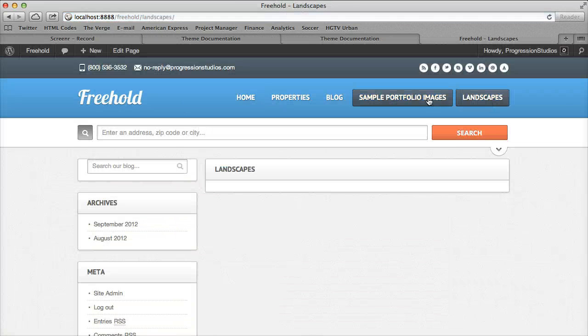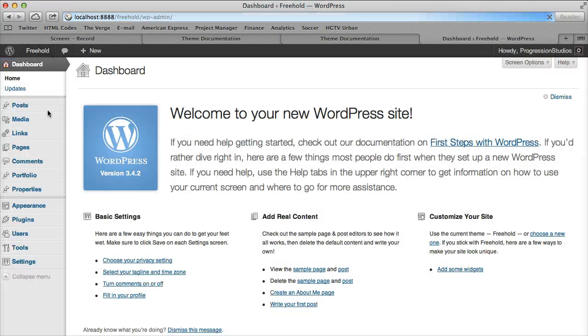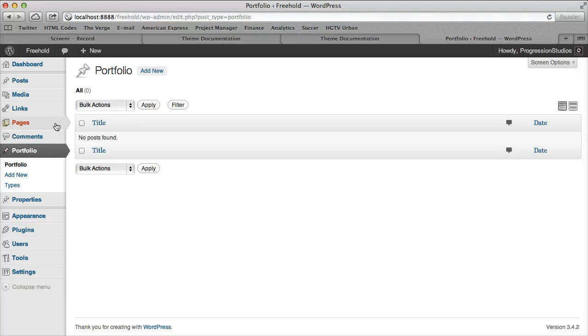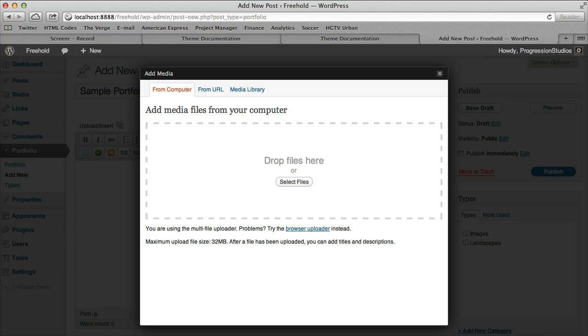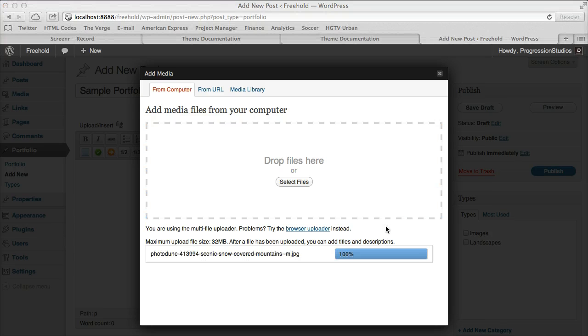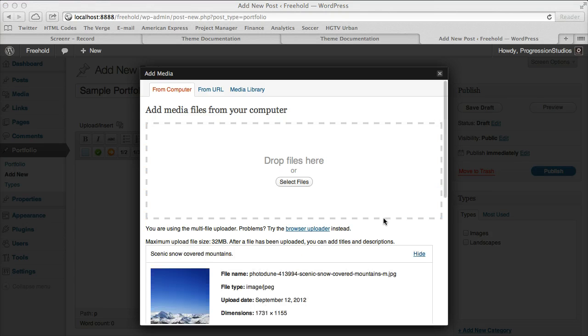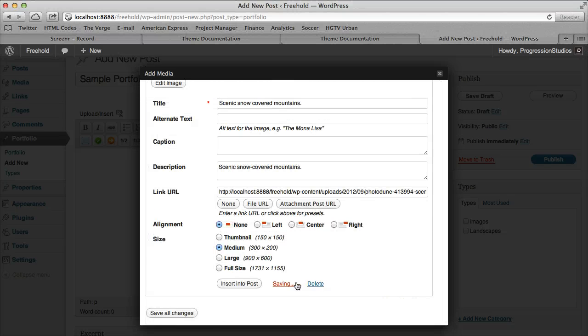So now we have landscapes and sample portfolio images, and we can start adding some portfolio items. So let's go ahead and add one. Let's call this one sample portfolio, and just like the blog, we're going to upload an image, and we're going to set it as a featured image. So we click use as a featured image,